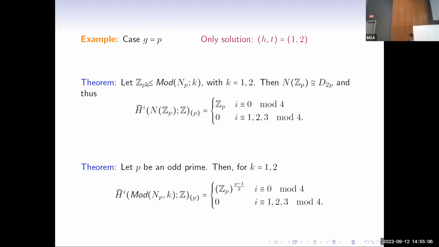So the example is the case where the genus is equal to p, and in this case, you have only one solution in the Riemann-Hurwitz equation, and so in this case, it turns out that the normalizers of these C mod p's are Hilbert groups. The cohomology of those is very well known, and this tells you via Brown's formula the correct cohomology of the mapping class group. Again, for genus